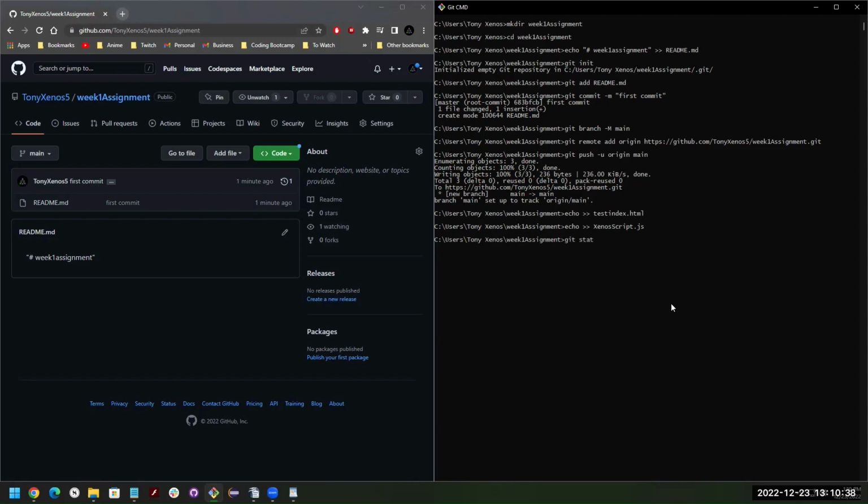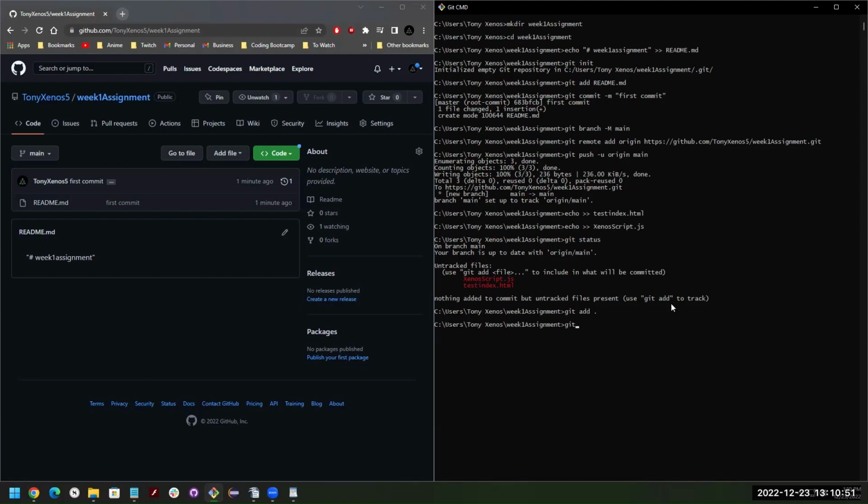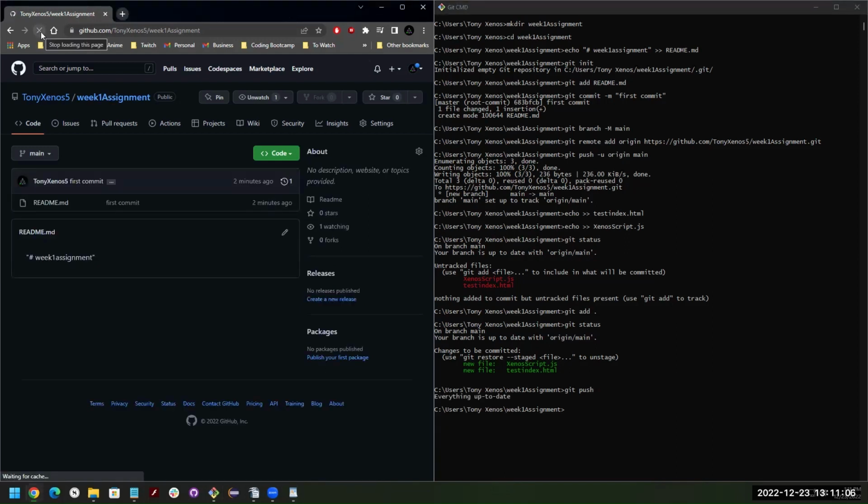Alright, so that. And now to check the status of it and make sure it worked. Okay. Showcases the files are untracked. Alright, now to add these two. Alright. And give status, a little misspell, but alright, it's good to go. And now to push it. Okay, everything's up to date. Refresh that. Oh,